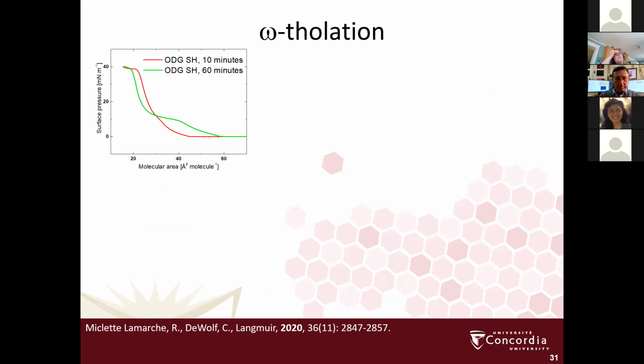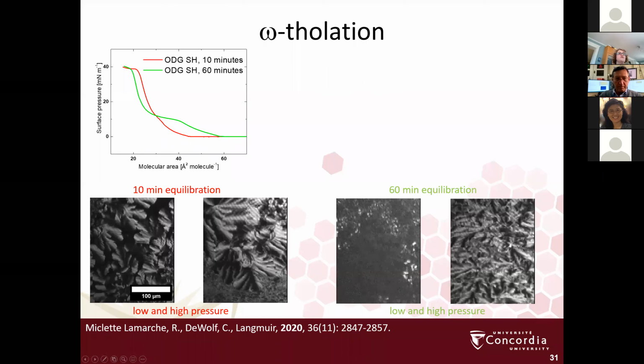So again, we wondered if it was a kinetic process. Since if we do really have a BOLA form coexisting with an extended form, two phases should not exist over a broad range of pressures for a single component system. So again, we thought it might be kinetic. So we waited an hour again, and we shift much closer to where it would be predicted for a fully BOLA amphiphile.